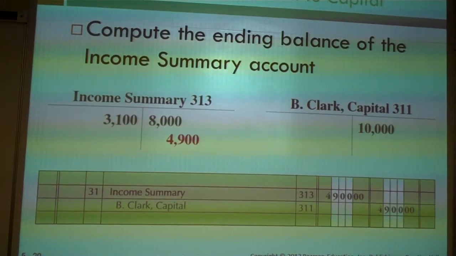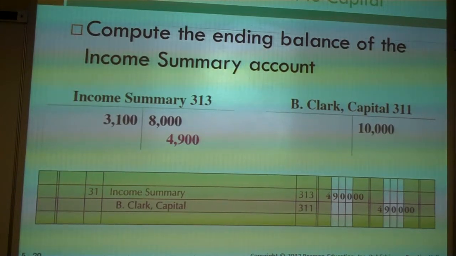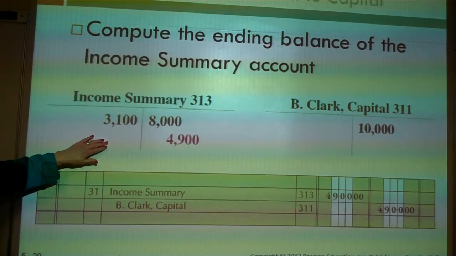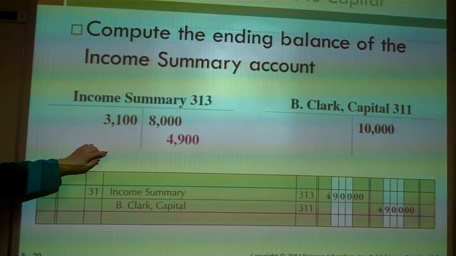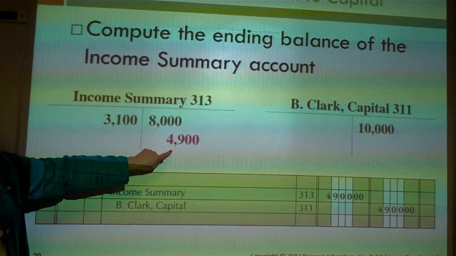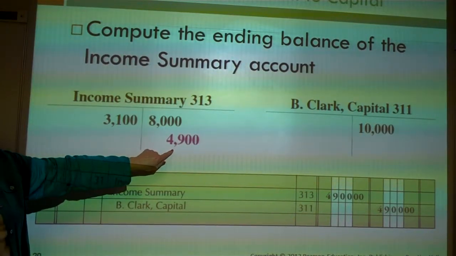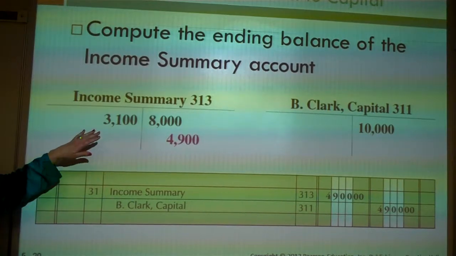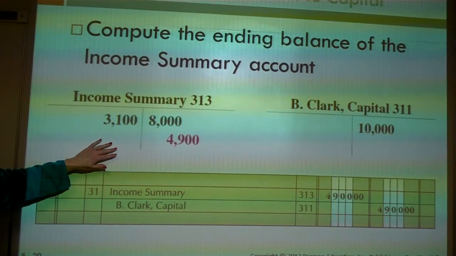All right, now here's the closure for income summary. Remember, the first closing was for revenue. The second one was for expenses. The third one is to close income summary. Here we've footed the income summary. We have a credit balance of $4,900 in income summary. How do we bring that to a 0? With a debit. Okay, a debit to income summary and a credit to,